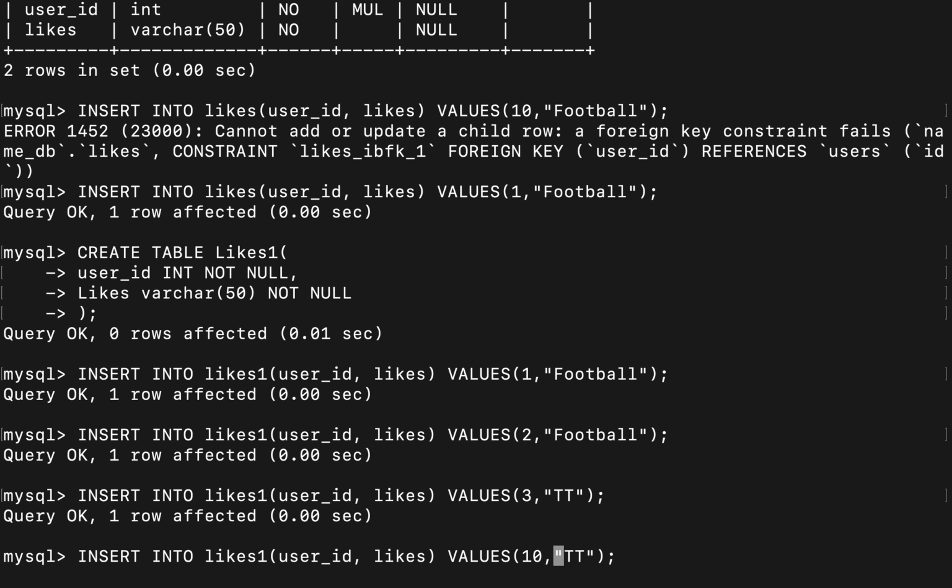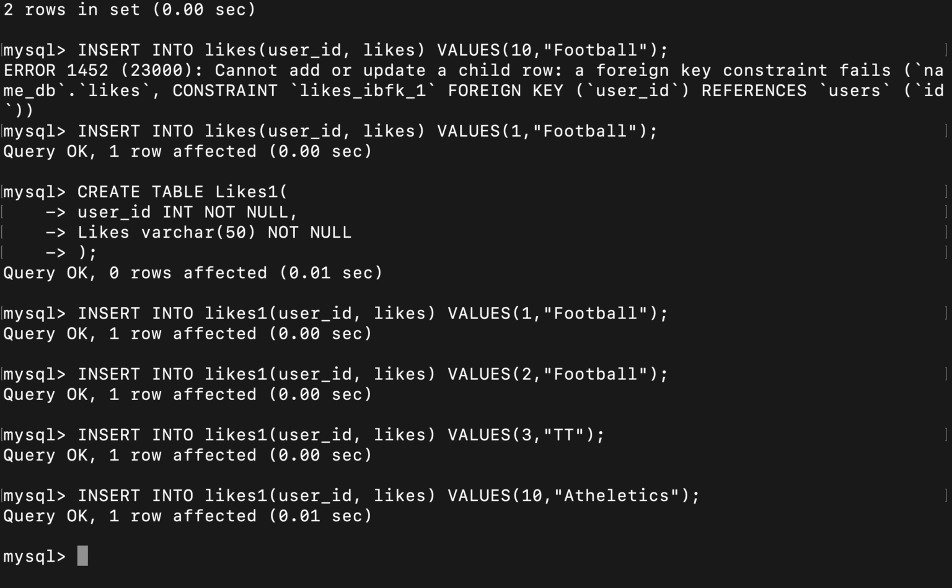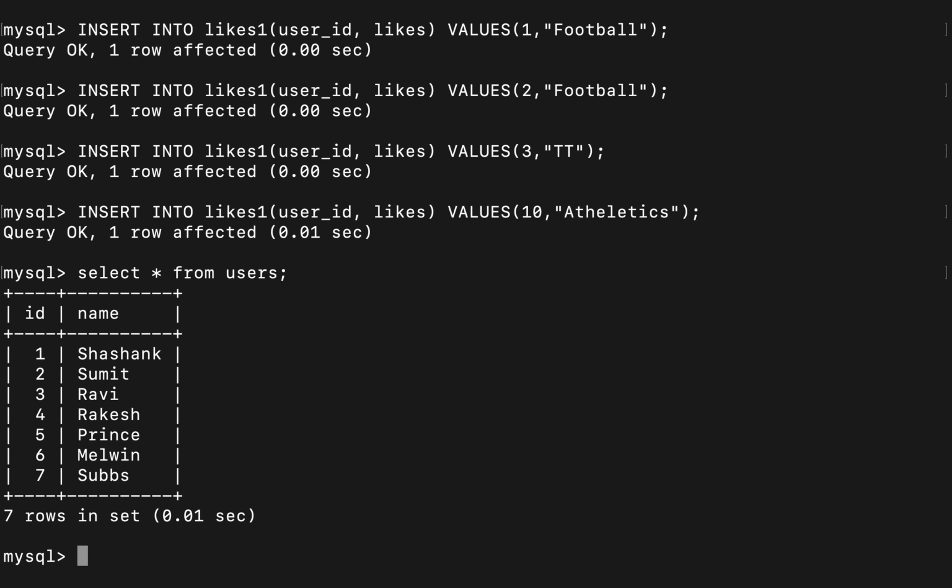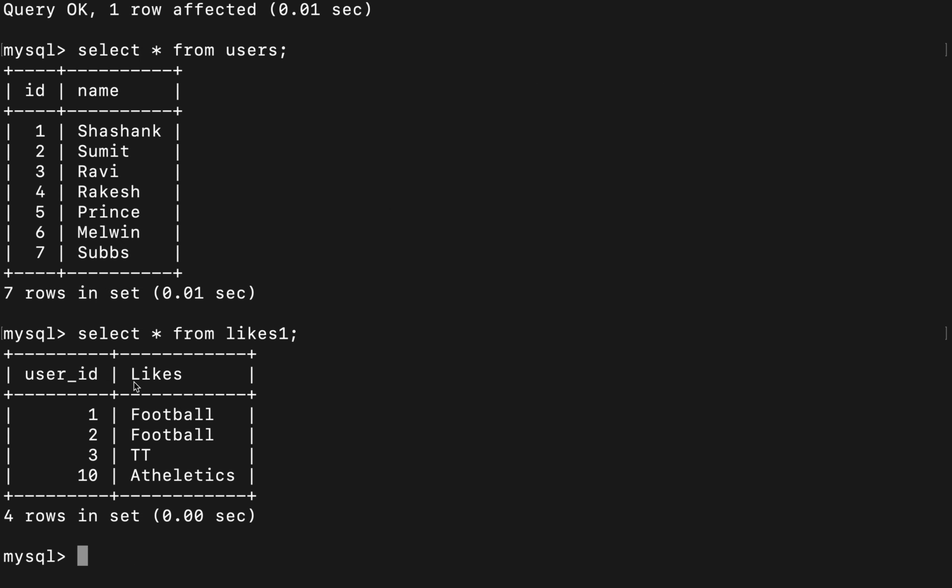Now here we can insert anything, let's say, right, select star from users. Let me print this, select star from this likes one. So these all are the two tables.